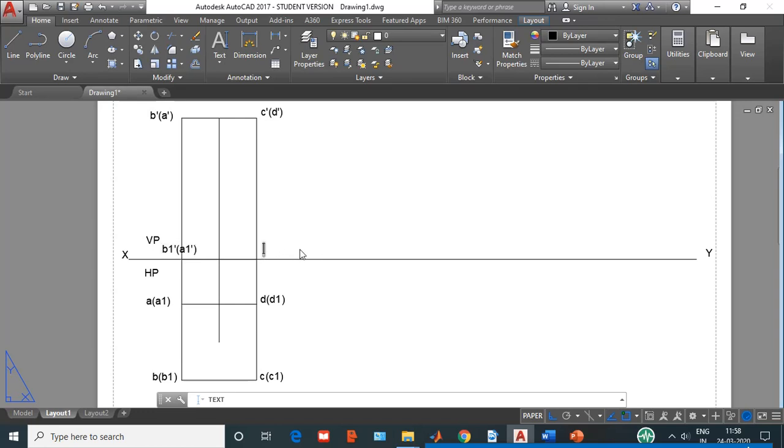Same thing here, it will be C1 dash within the bracket D1 dash. Fine.